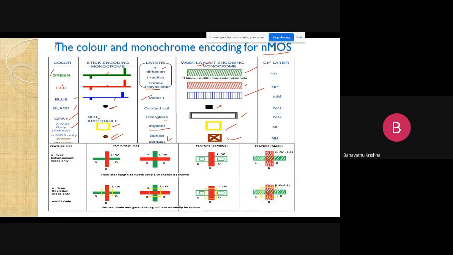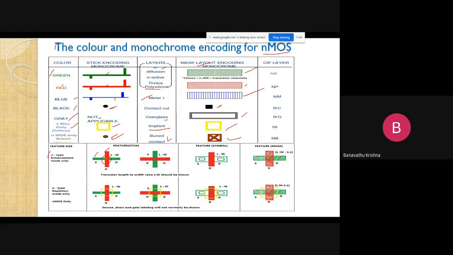Next one, feature size for NMOS enhancement mode. Here this is the transistor. Here it is a green color, and it is the red color. Okay, when the red color crosses over the diffusion layer, then the transistor area is formed here. This cross section area is nothing but the transistor area.